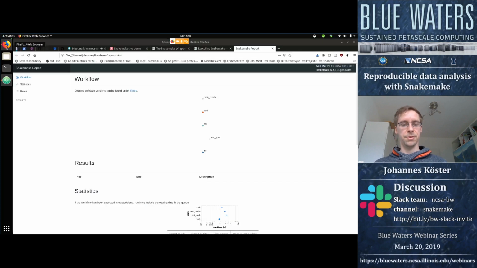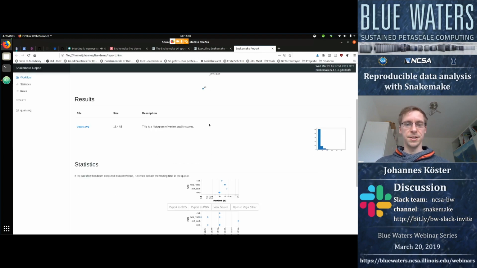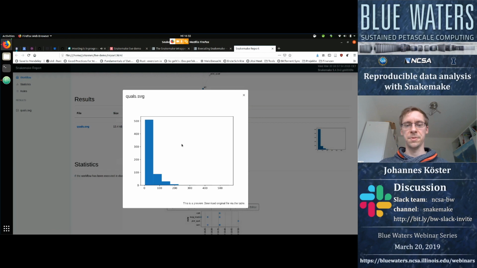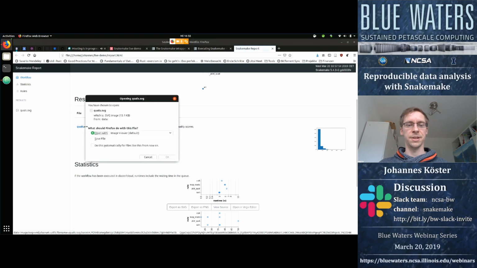So now if we open our report again, you see that we have a new row here in the results table showing you the caption that we just stored into that file, a preview of the plot. We can also open that so that we can see it in a larger display, and we can download it like the original SVG